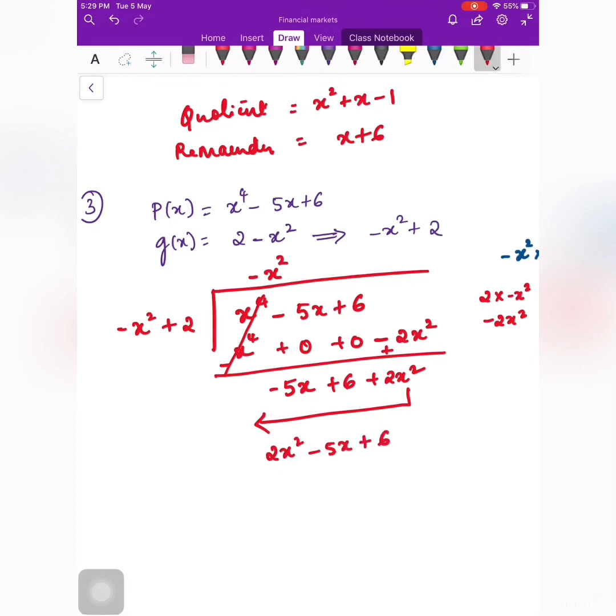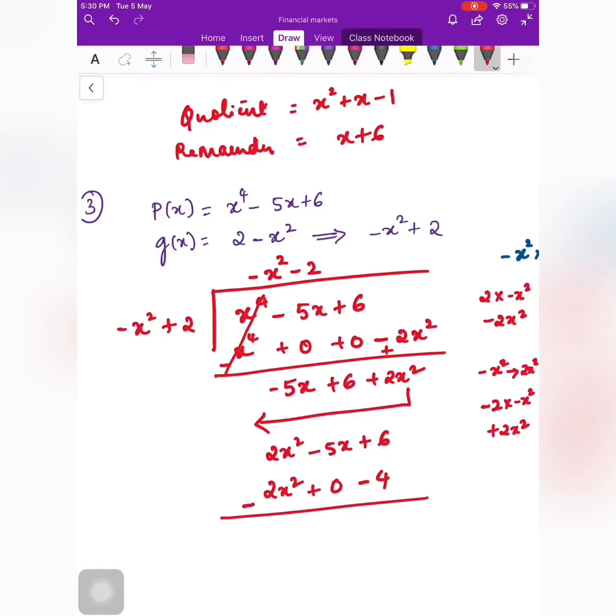So now you know here the first term is in x square and here the first term is minus x square. So to make minus x square into 2x square, what you need to do is just multiply with minus 2. Minus 2 into minus x square will become minus into minus plus, 2 into x square is 2x square. So hence I am going to multiply this divisor by minus 2. So minus 2 into minus x square is plus 2x square, plus 2 into minus 2 is minus 4. Okay, I am going to place it beneath the constant. So this is again as simple as 0.